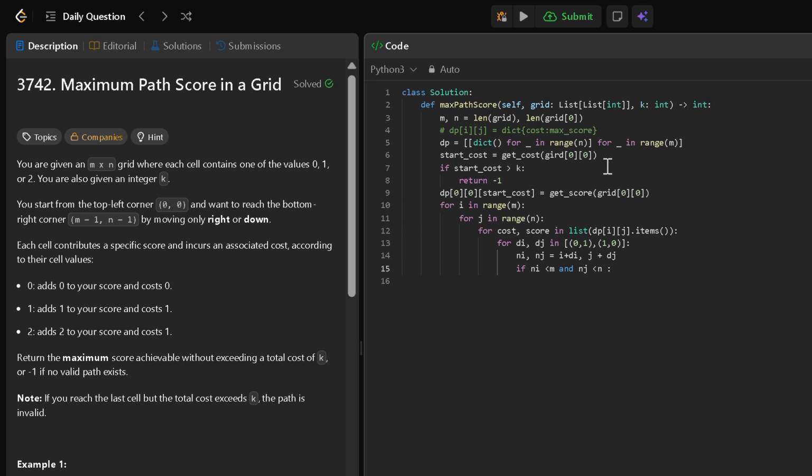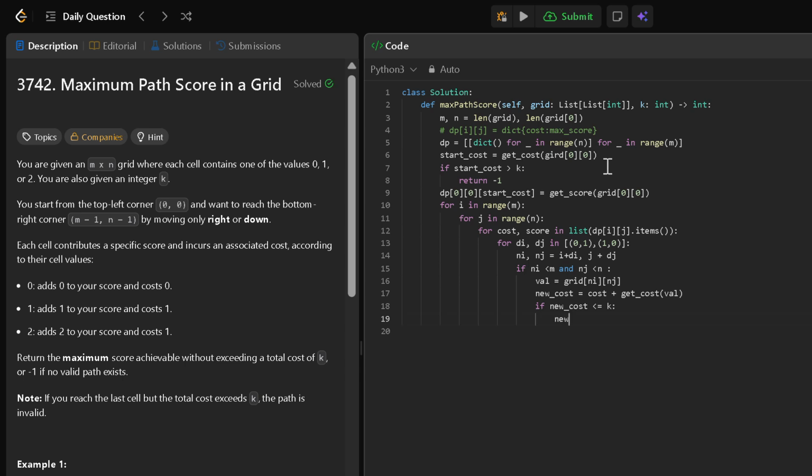Okay, then if the boundary condition is followed, then we will take value equal to grid of ni and nj and update our new cost equal to cost plus get cost. So we will create this function get cost, and pass here value, and if new cost is less than equal to k,